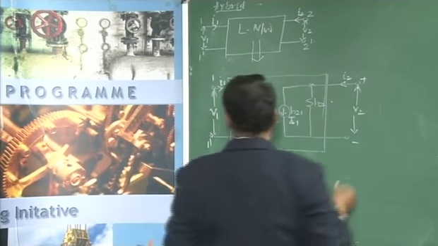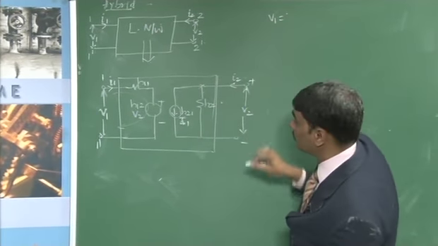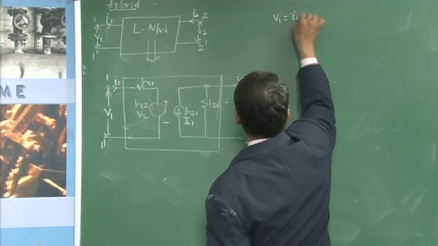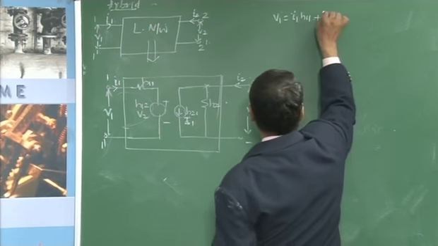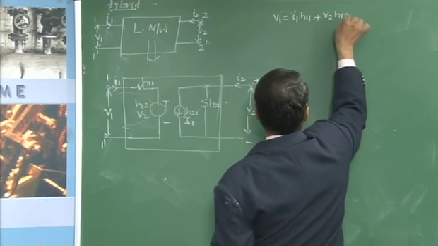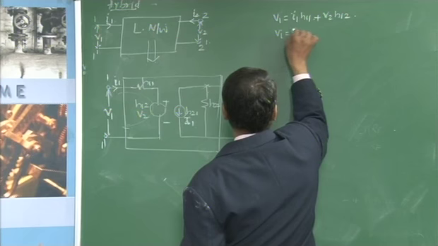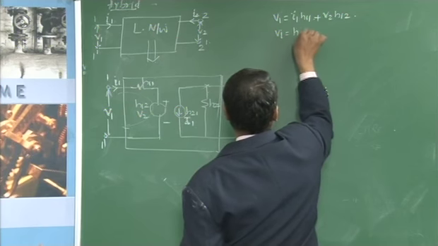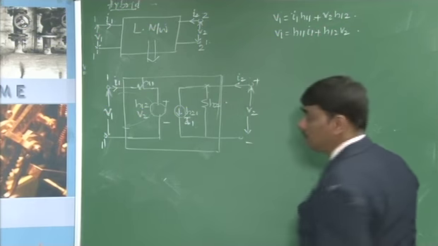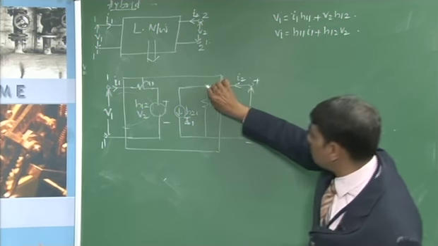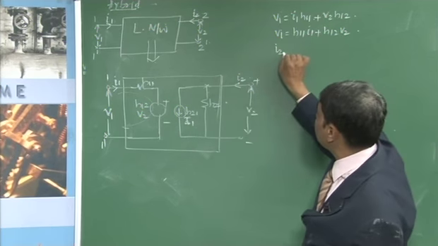From this circuit, you are going to get V1 is equal to I1 H11 plus V2 H12. Applying KCL to this node, I2 is given by